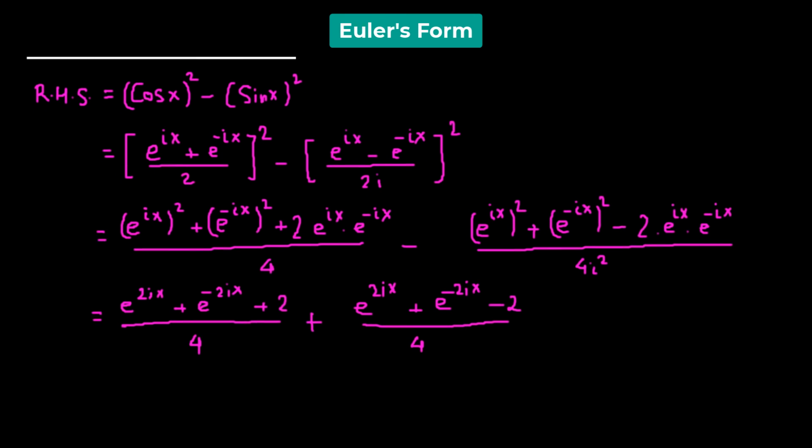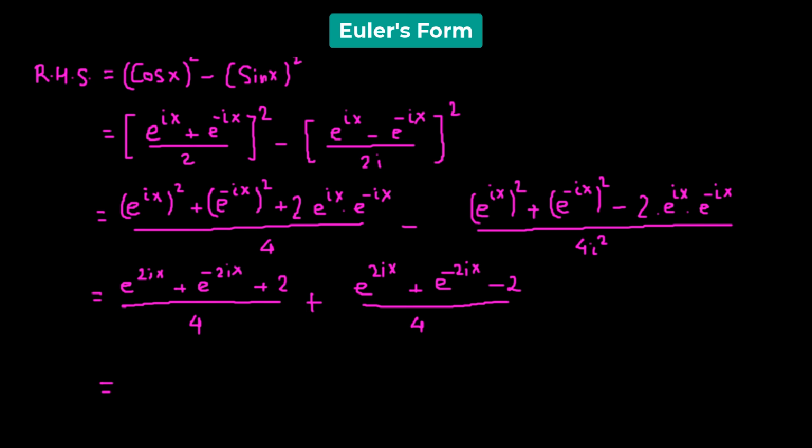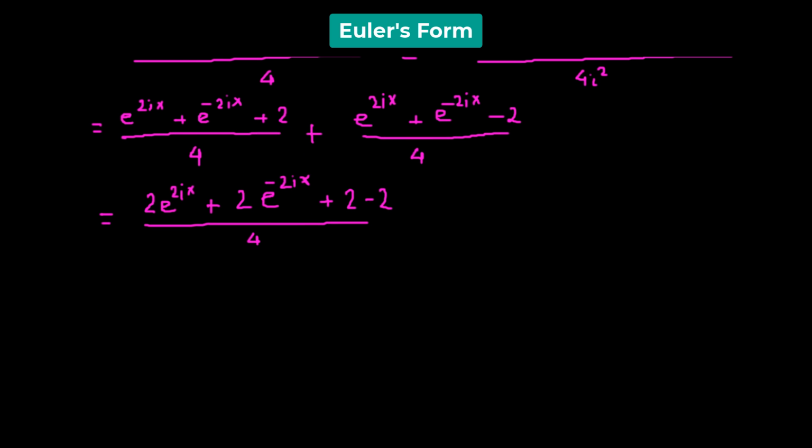Now let's combine the two terms in the numerator. So we have 2 times e raised to the power of 2ix plus 2 times e raised to the power of negative 2ix plus 2 minus 2, divided by 4, which gives us 2, let's take the 2 as the common term, plus 2 and negative 2 get cancelled, e raised to the power of 2ix plus e raised to the power of negative 2ix, all divided by 4,